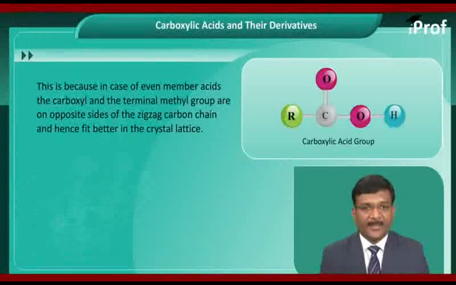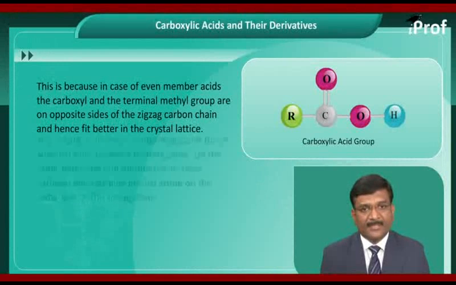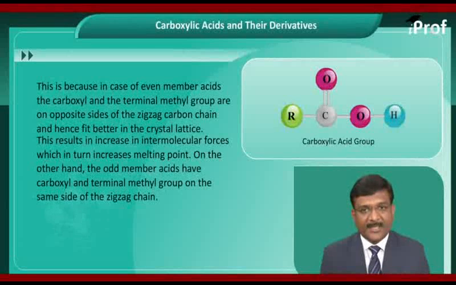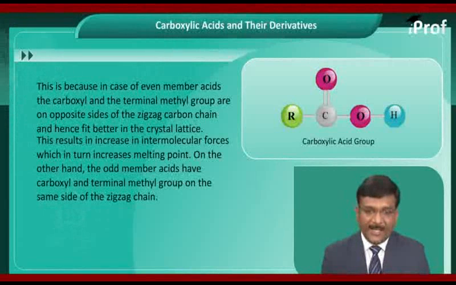This is because in case of even member acids, the carboxyl and the terminal methyl groups are on opposite sides of the zigzag carbon chain and hence fit better in the crystal lattice. This results in increase in intermolecular forces, which in turn increases melting point. On the other hand, the odd member acids have carboxyl and terminal methyl group on the same side of the zigzag chain,